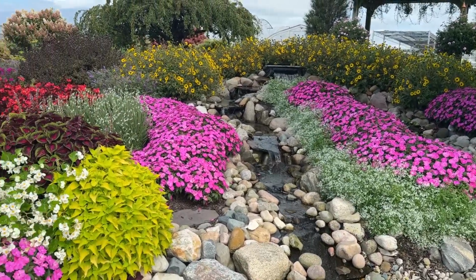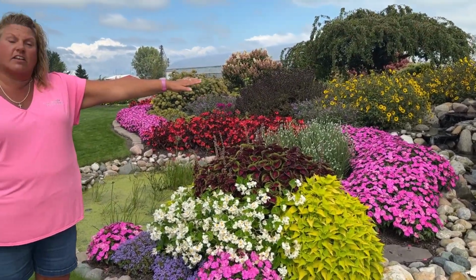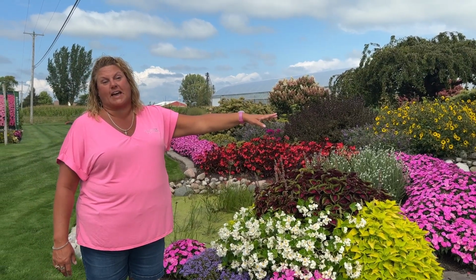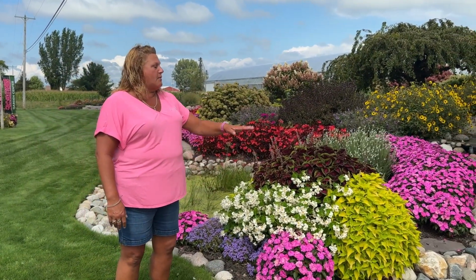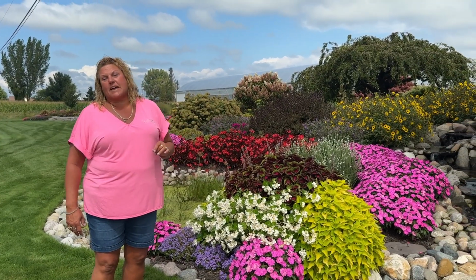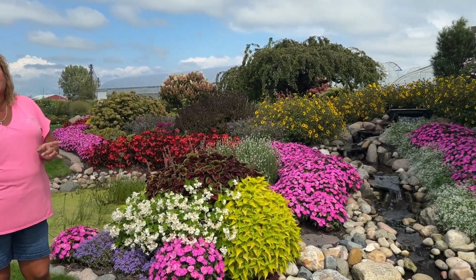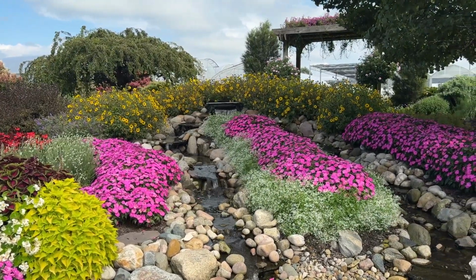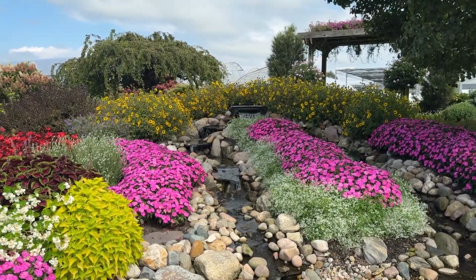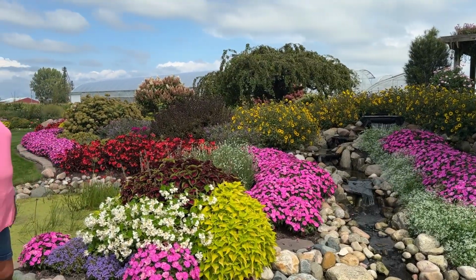Well, this year we put sun patiens in the middle, and then we lined it with the Euphorbia Diamond Frost, and it is doing beautiful. I would definitely do that again. Sometimes when you find something that works, you stick with it, especially if you've tried several things and they consistently don't work. When you find something that works, you just go with it. And